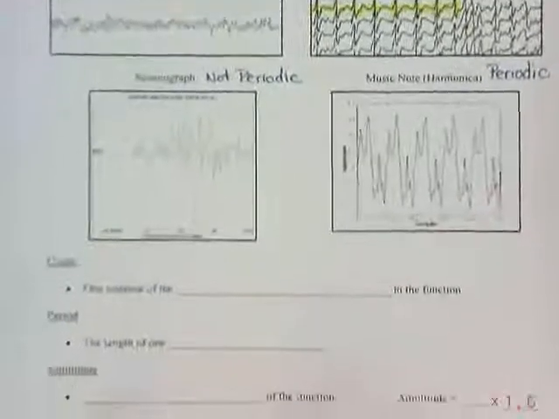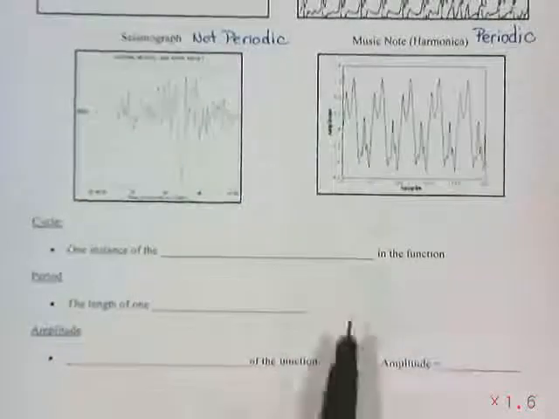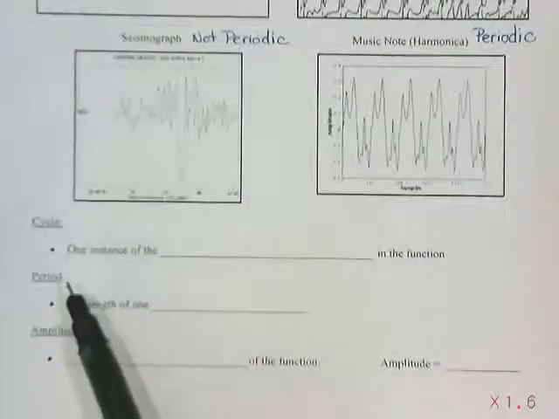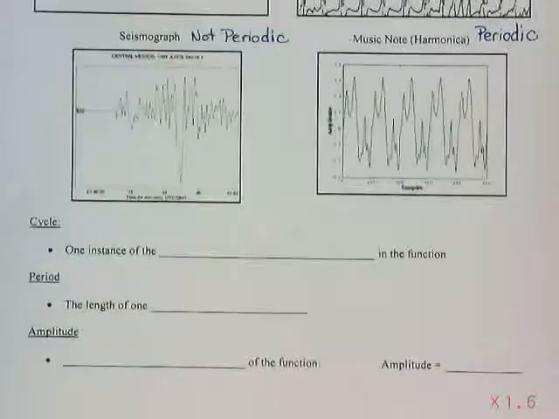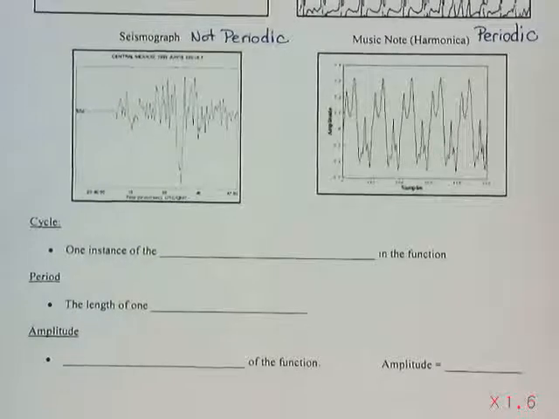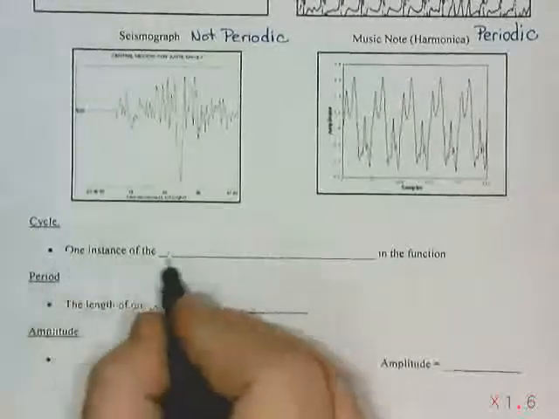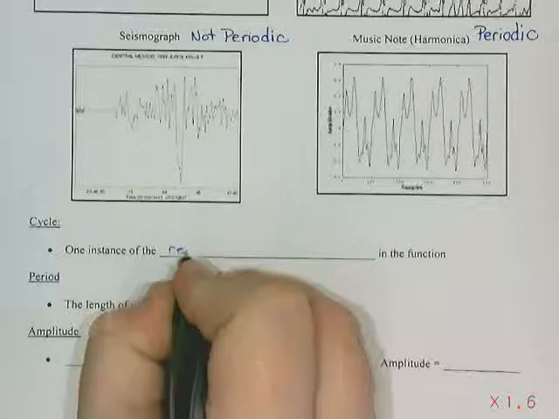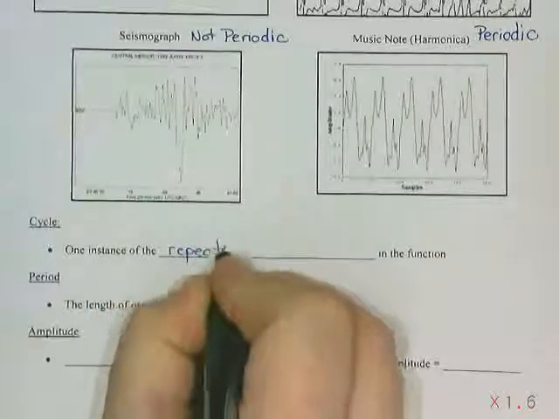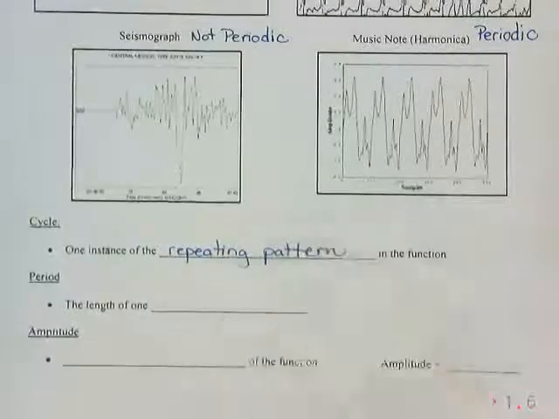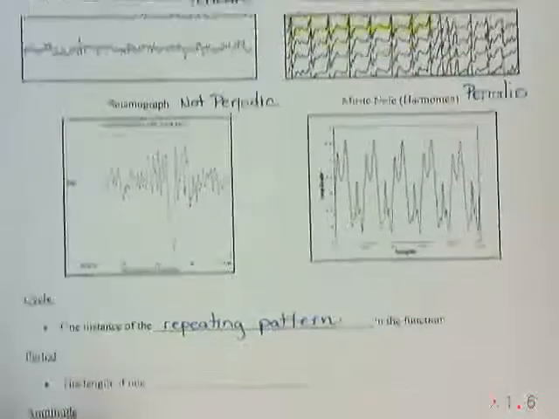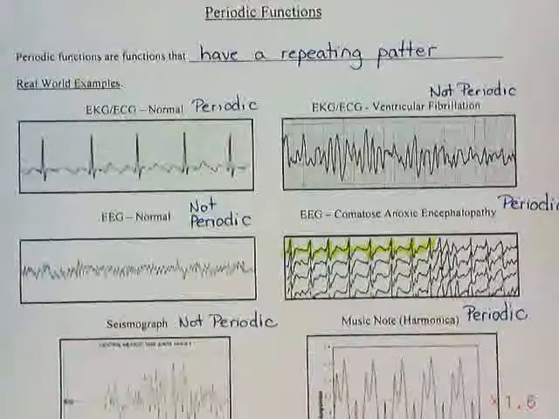Okay, now there are some words that we're going to talk about in reference to these graphs. The first one is cycle, and then period, and then amplitude. Okay, so a cycle is what we call one instance of the pattern that's being repeated in the function. So here I'm going to say it's one instance of the repeating pattern in the function. So if I were to go back and take a look at that very first one of the heart rate,